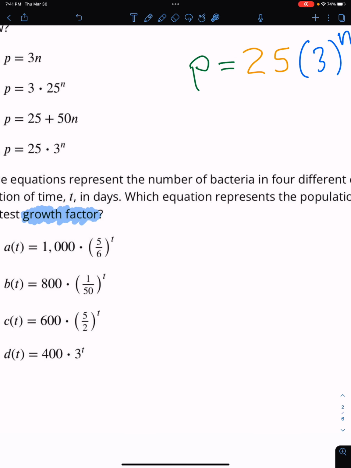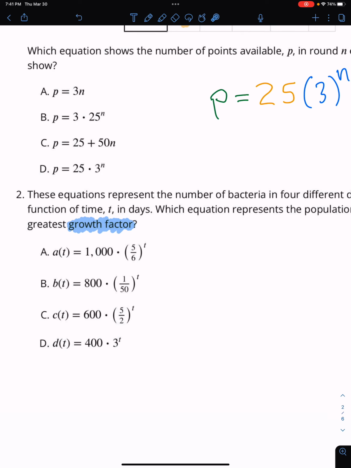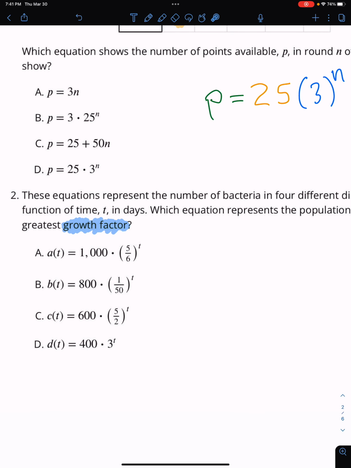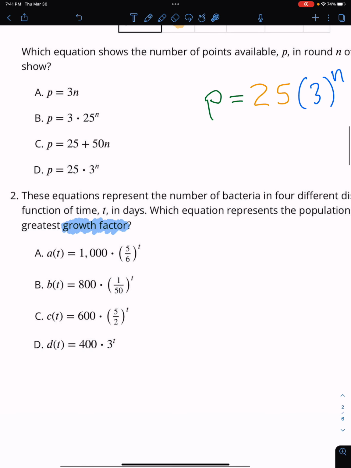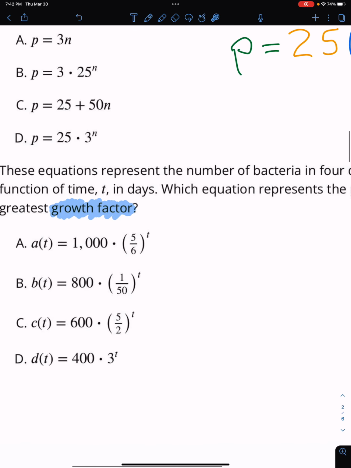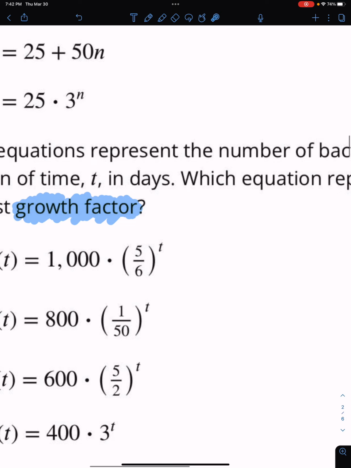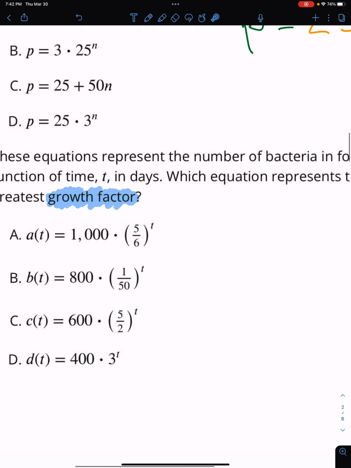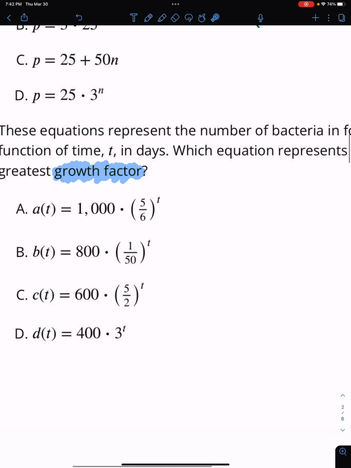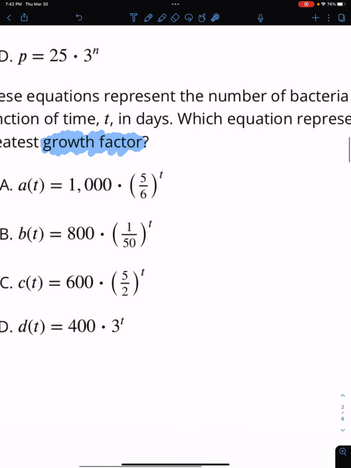Which one is largest? So 5 out of 6, right? That's almost 1, but it's not quite 1. If it was 6 over 6, that'd be 1. This is a pizza with only 5 out of the 6 slices left. One of them's gone. Now B,